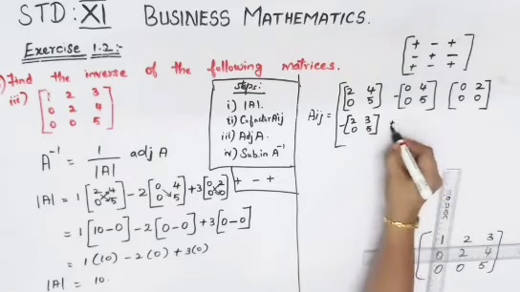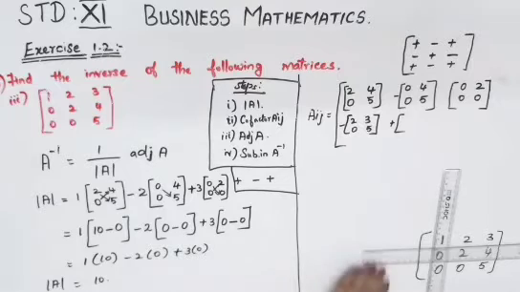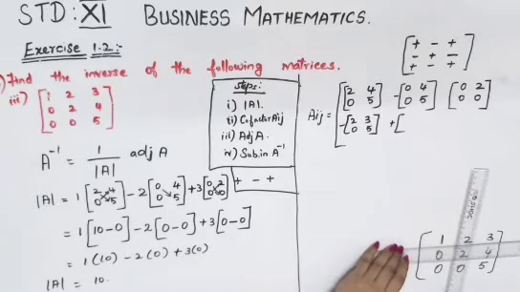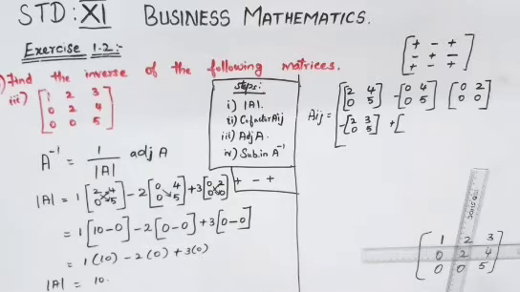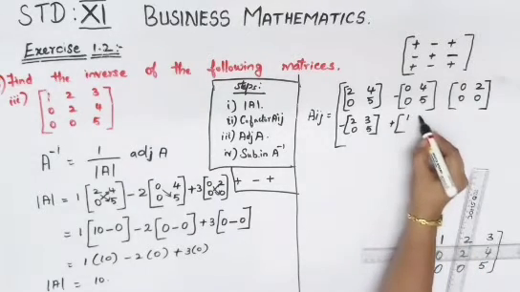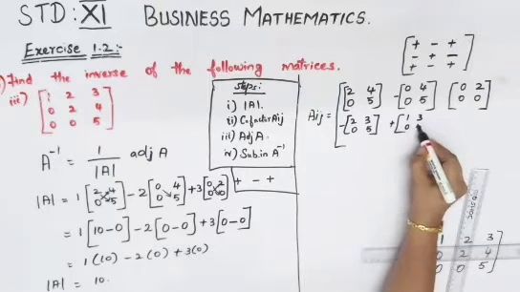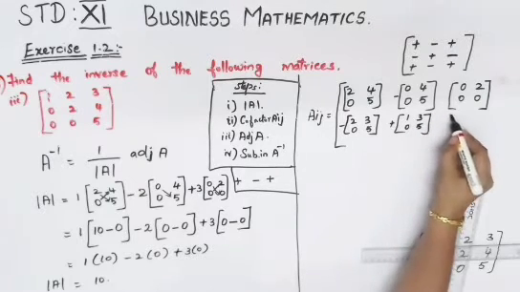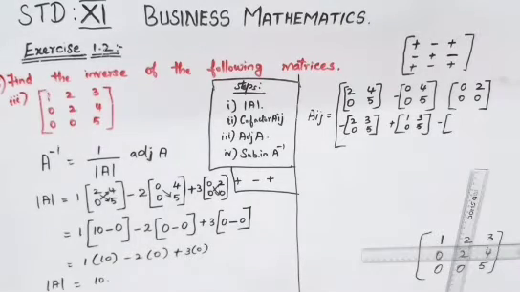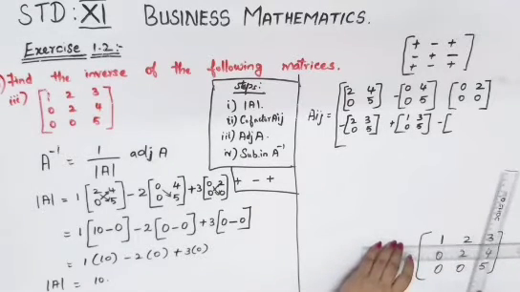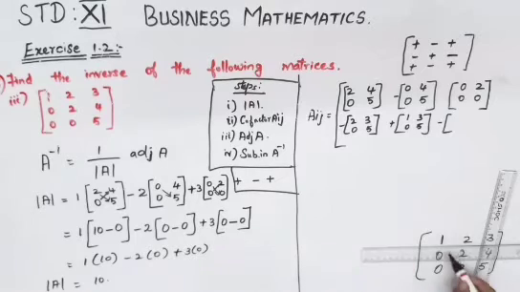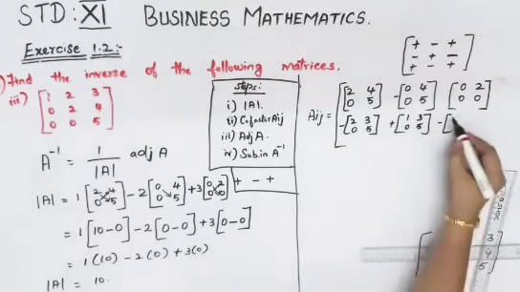The next one is plus, open your bracket. Now the second row and second column have to be eliminated, that is the minor of 2 you will have to find. So the left out is 1, 3, 0, 5. So it is 1, 3, 0, 5. Again open your bracket with minus: the third column and second row, that is the minor of 4 has to be found out. So it is 1, 2, 0, 0.